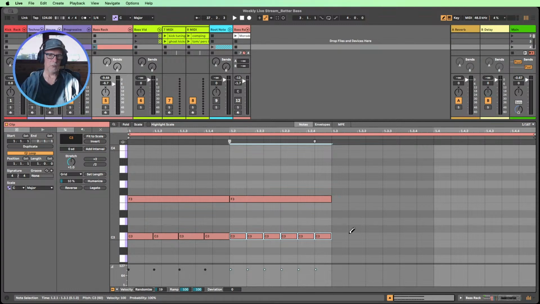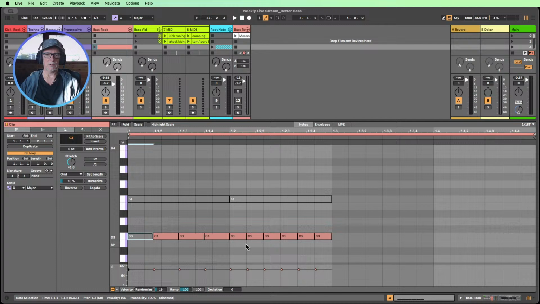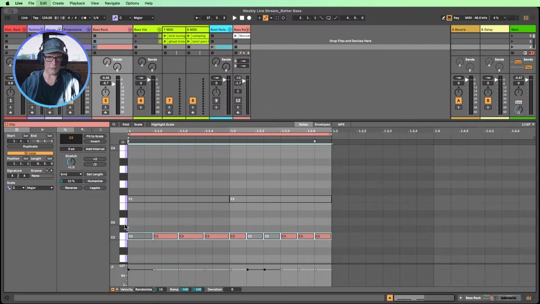So what we can also do, like I was doing with the eighths and straights, is we can do exactly the same with triplets. So we can have a little bit of a mix between the two. So we could have some sort of bass that kind of works around some straights and some triplets. Perhaps something just as simple as what I've got here. Let's bring it down a bit.